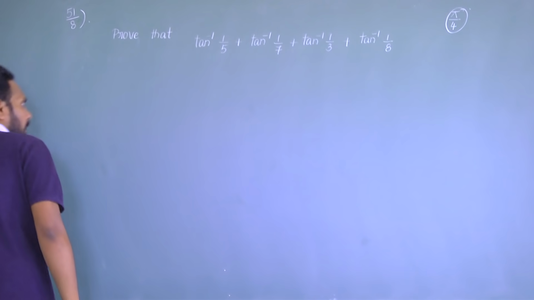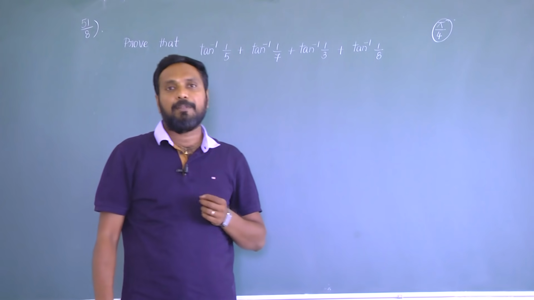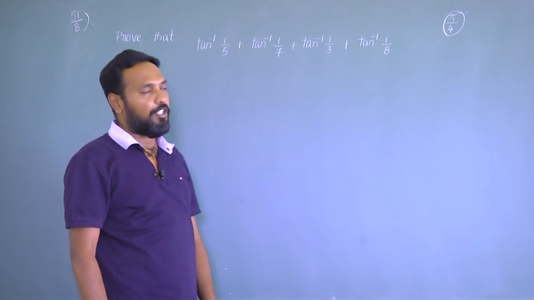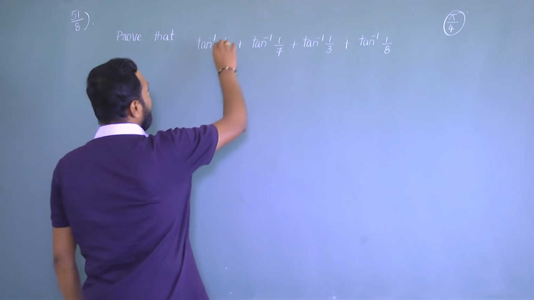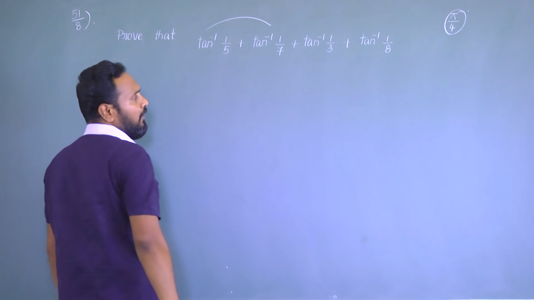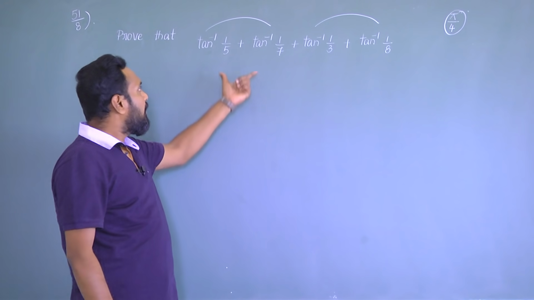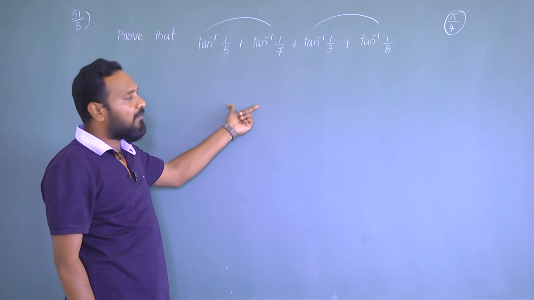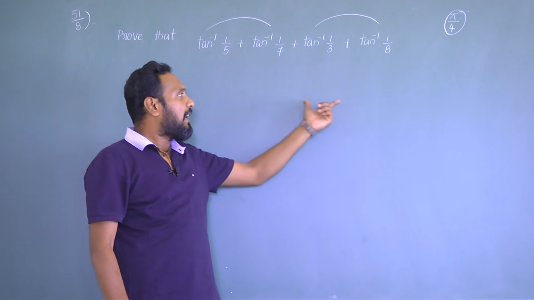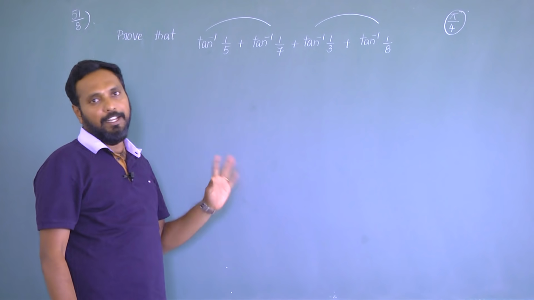So we have the formula for two functions, that is tan inverse x plus tan inverse y. But here 4 terms are present of same function type. We will apply tan inverse x plus tan inverse y for these two functions. For these two functions separately I will apply. Then these two terms you will get in terms of tan inverse. These two terms again you will get in terms of tan inverse. Third time we need to apply the same formula one more time.